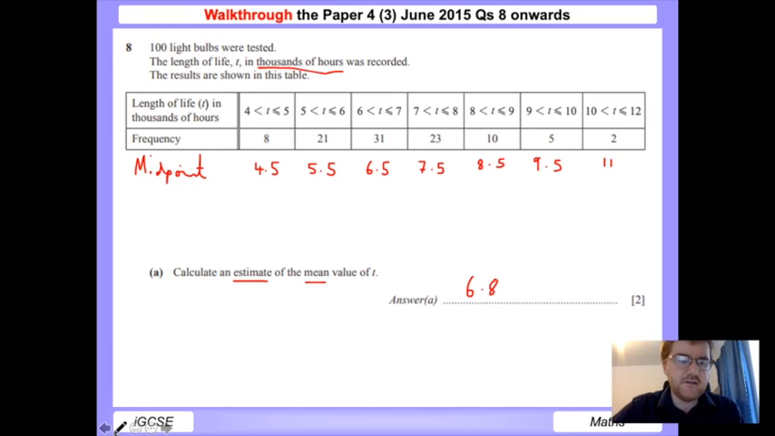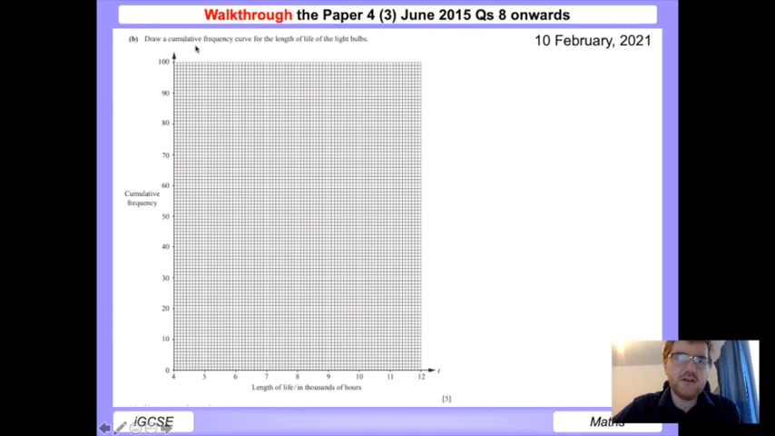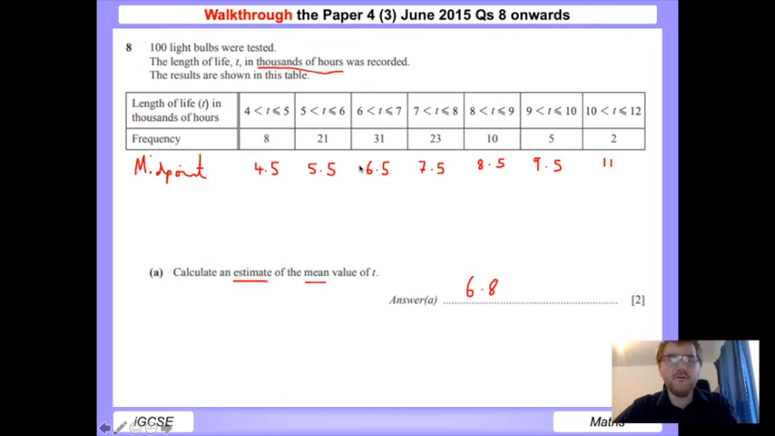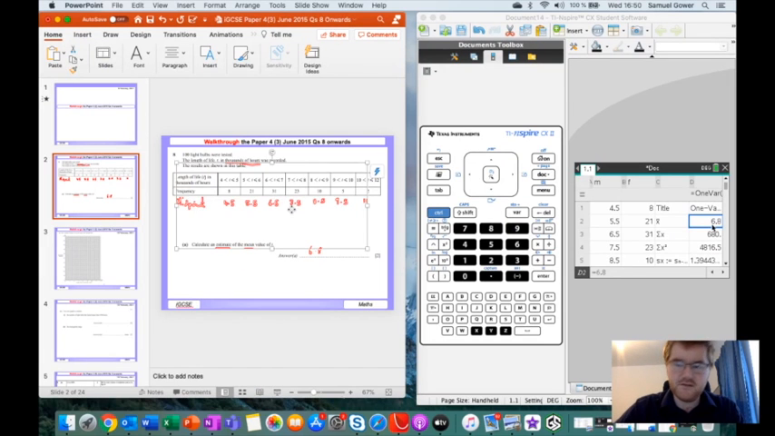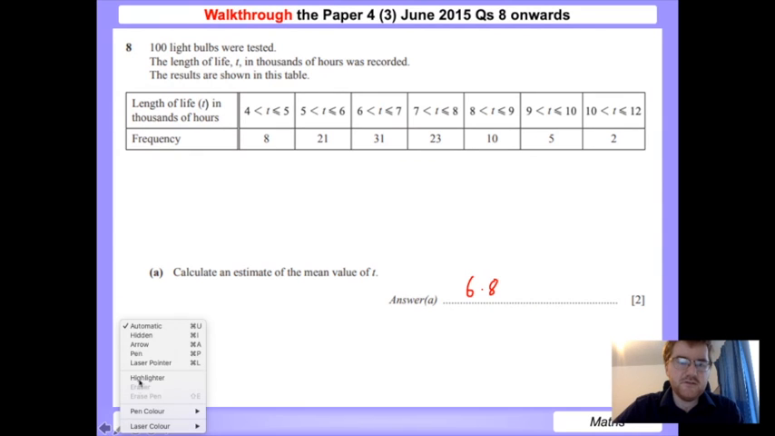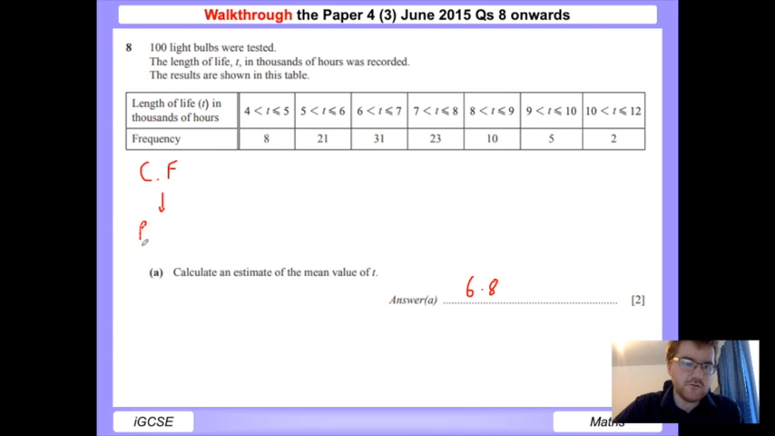Right, let's continue. So we're going on to question B. So we need to draw a cumulative frequency curve for the length of life of light bulbs. Okay, so I'm going to delete the midpoints because I don't want to get confused with what we've done so far. Okay, and as soon as it says cumulative frequency, the phrase that should be in your mind is a running total. So as soon as you see cumulative frequency,